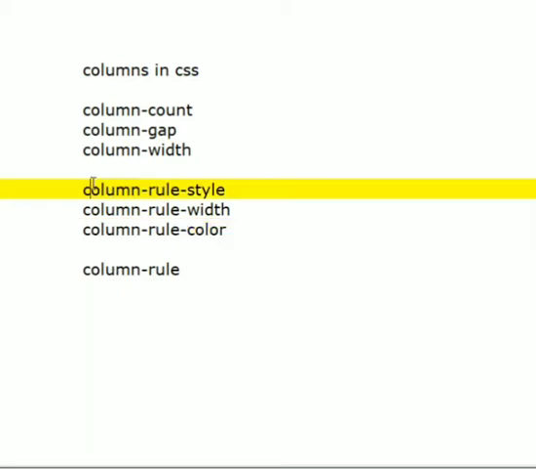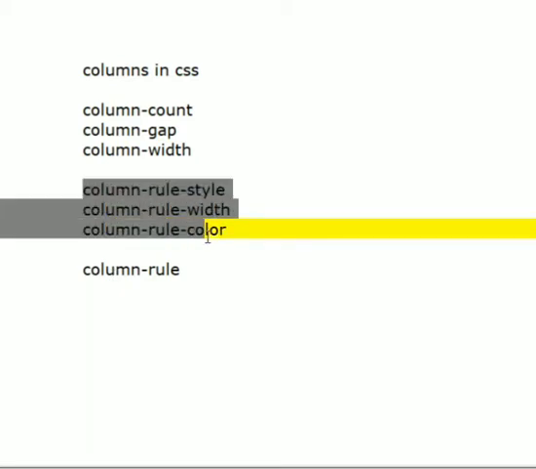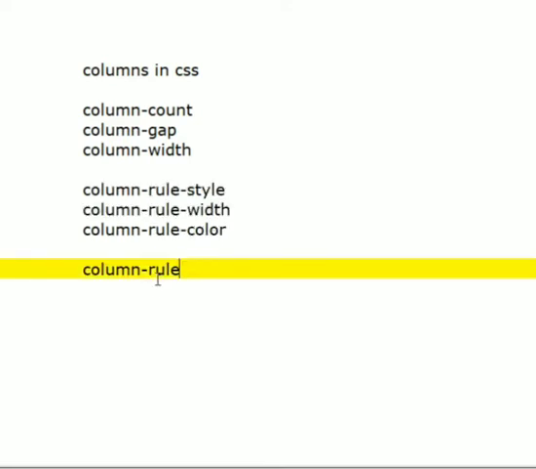By using these three properties, we specify the style, width and color for that line. But by using column-rule, we can declare style, width and color, all in the same property.